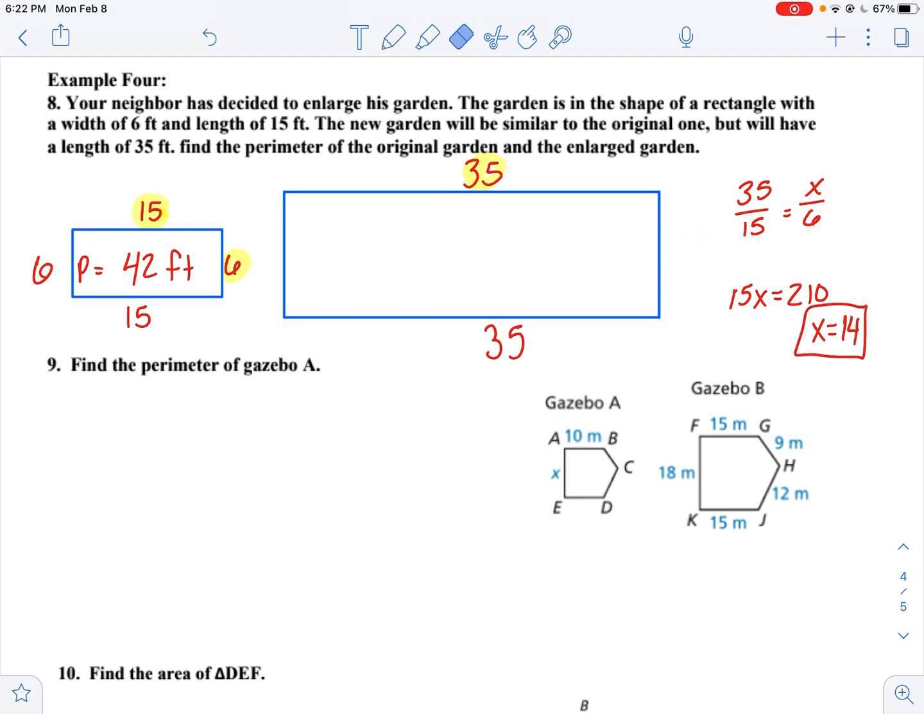And then, of course, you can find your perimeter. So your perimeter here would be 70 plus 28, or 98 feet. So I could ask you to find the perimeter